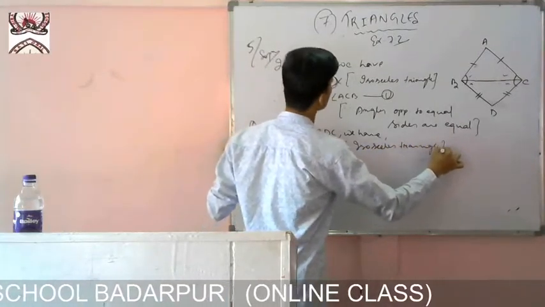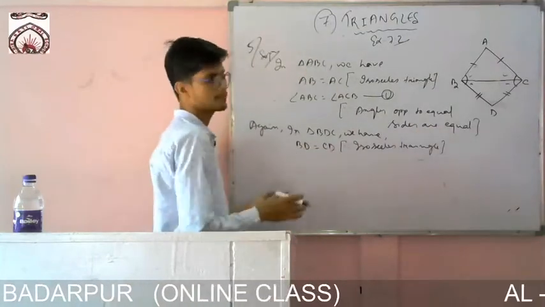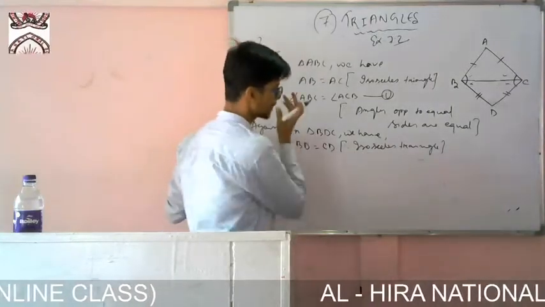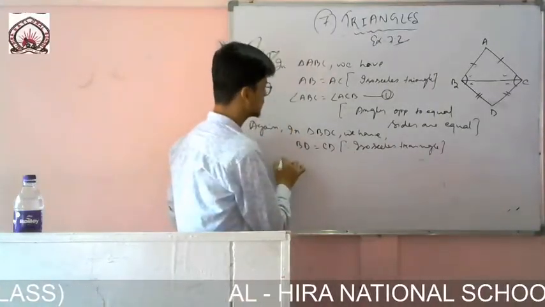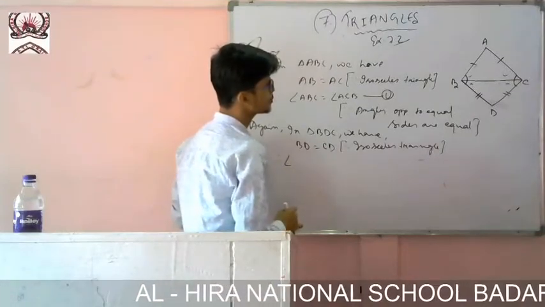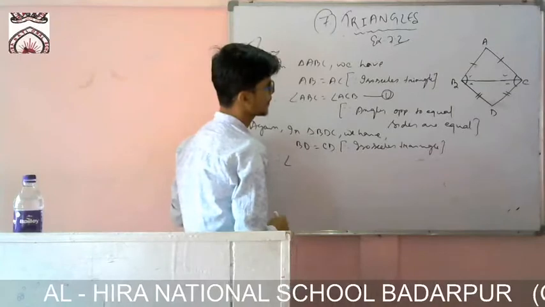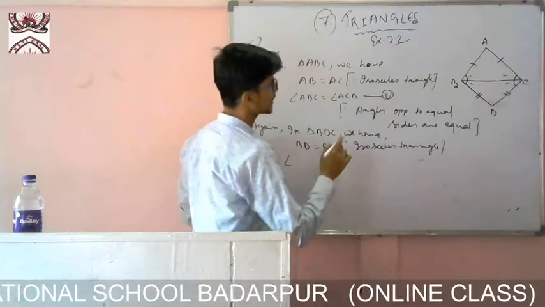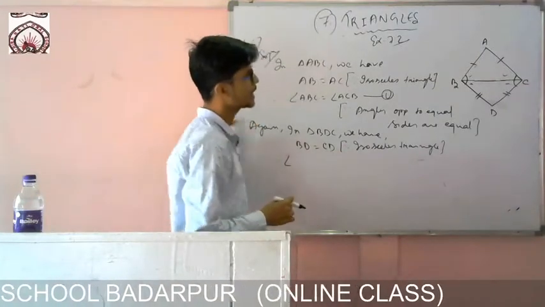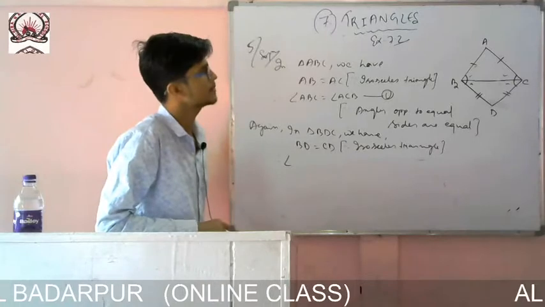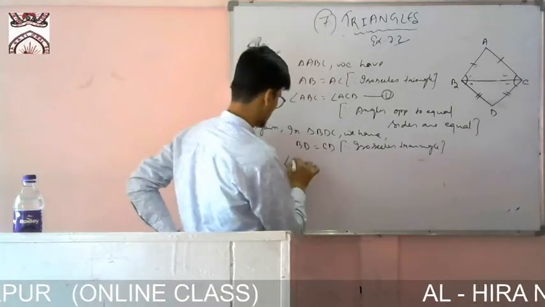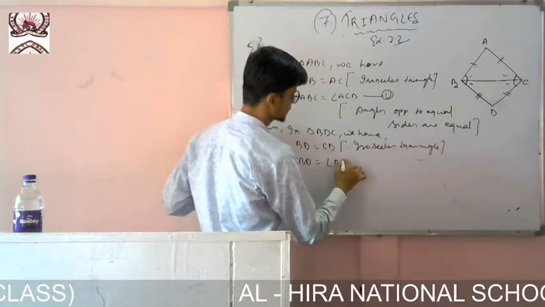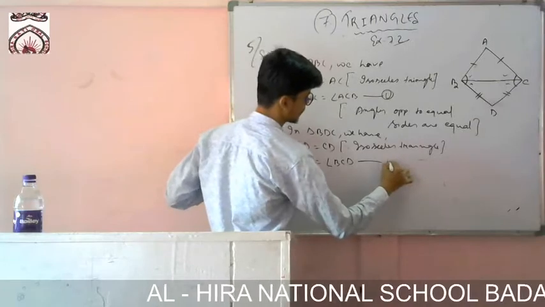It will be better if you write like this: in isosceles triangle ABC, AB equals AC, then no need to write this part. In the same way I can write, therefore, BD is equal to CD. So angle DBC will be equal to angle DCB. You write like this: angle CBD will be equal to angle BCD, and this will be equation number 2.